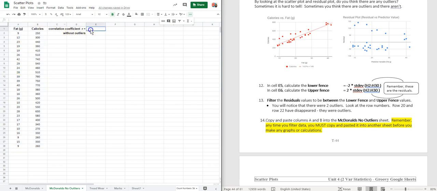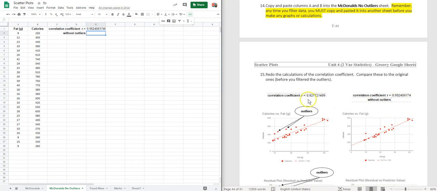And now you can calculate the correlation coefficient. So when you calculate the correlation, highlight the y's, highlight the x's, and now you get that the R value is 0.952,